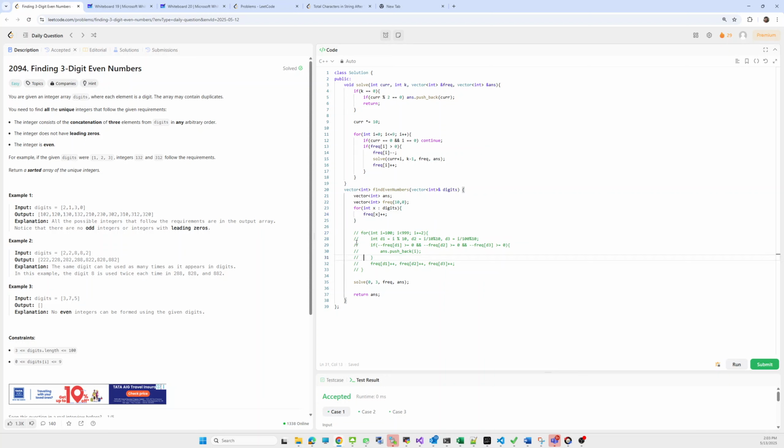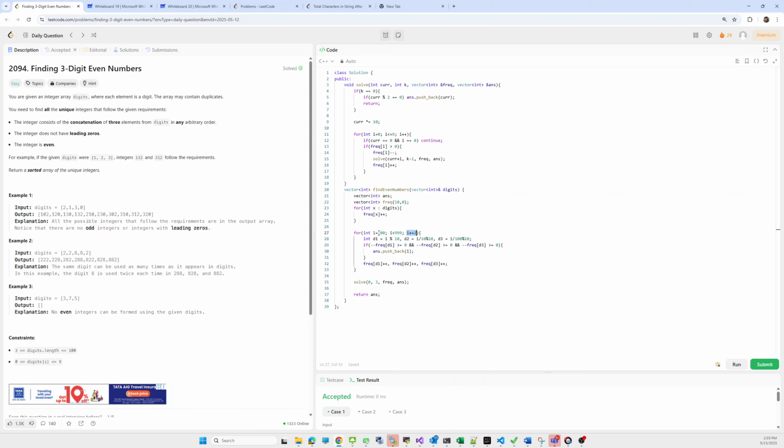This is one iterative approach, and there is also a recursive approach. In the iterative approach, we iterate over 102 till 999. We include only even numbers, so we update i by plus 2. Means after 100 the next element will be 102, next 104, like this.